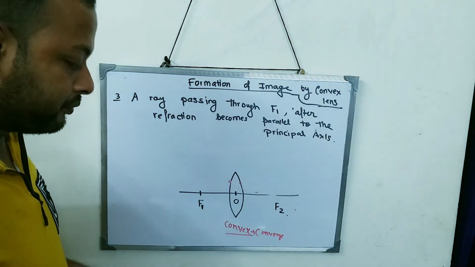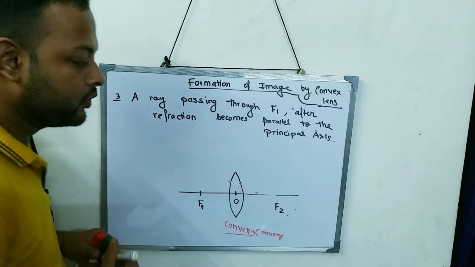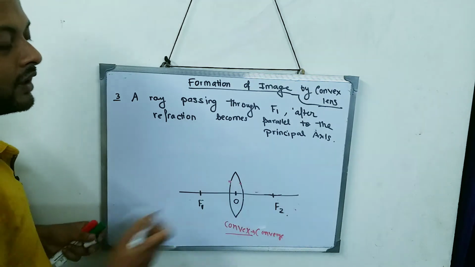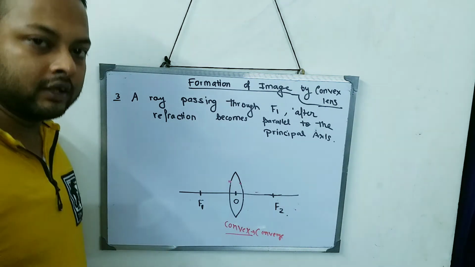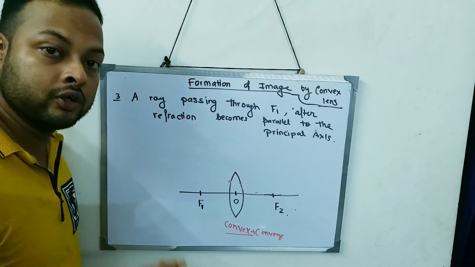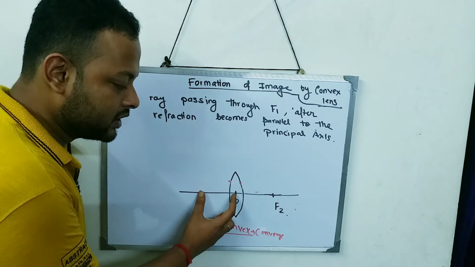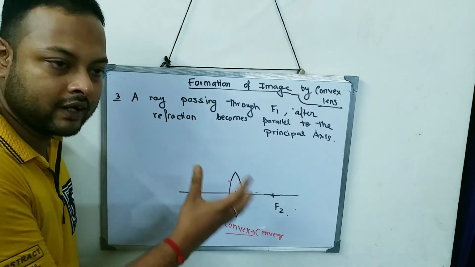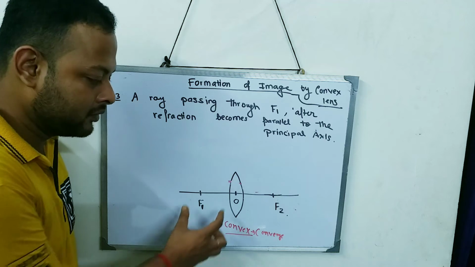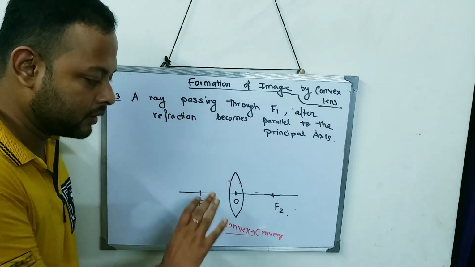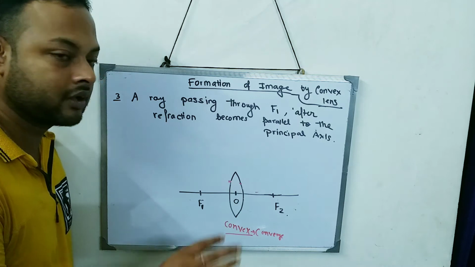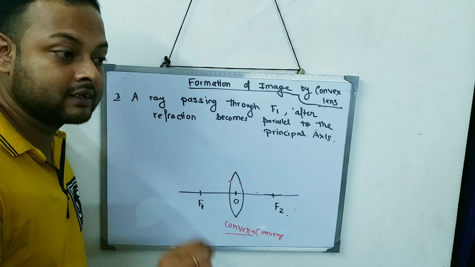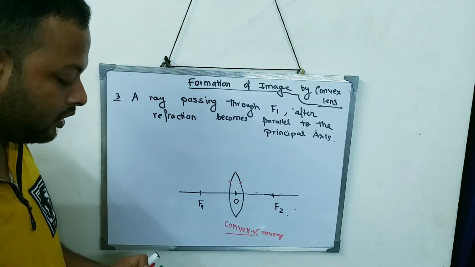Okay, so how will the ray diagram be? Let's see what it says. So this is F1 and F2. When you are drawing the ray diagrams for the exam, make sure you use a scale so that this distance, suppose this is 5 centimeter, this also has to be 5 centimeter. Over here I am just drawing a rough diagram. In my diagram, this distance and this distance are not equal. I am just taking a rough distance, but for the exam you have to take the exact distances. Use the scale.